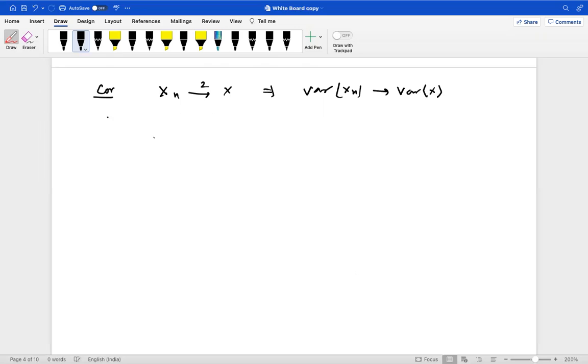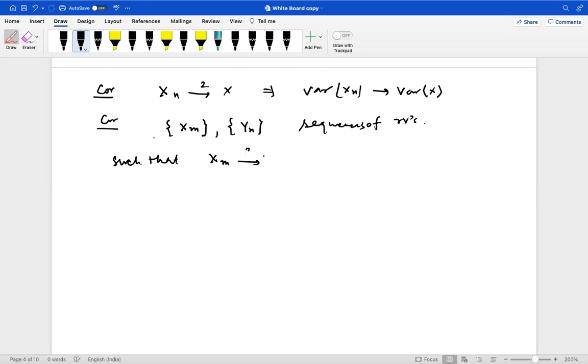And if there are two sequences, Xm and Yn, two sequences of random variables, such that Xm goes to X in second mean, and Yn goes to Y in second mean,